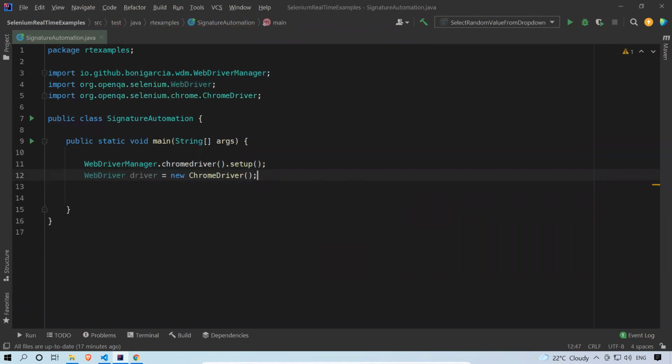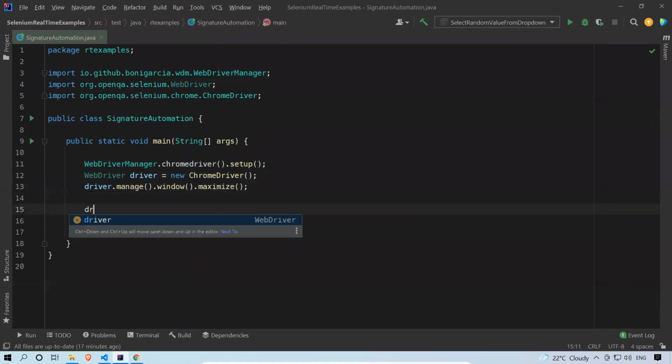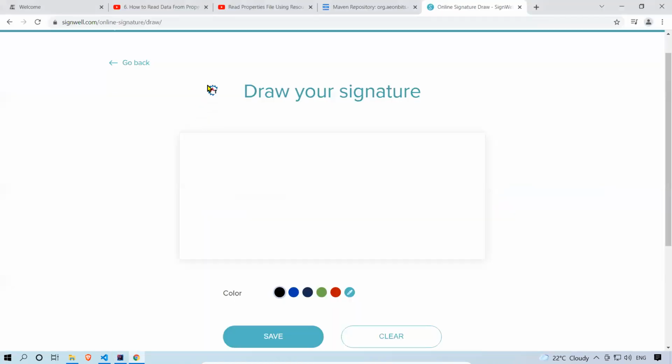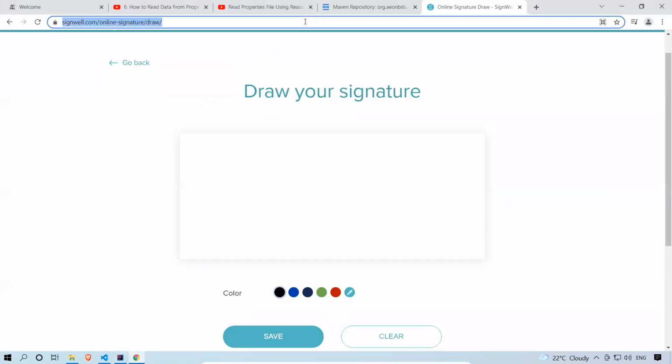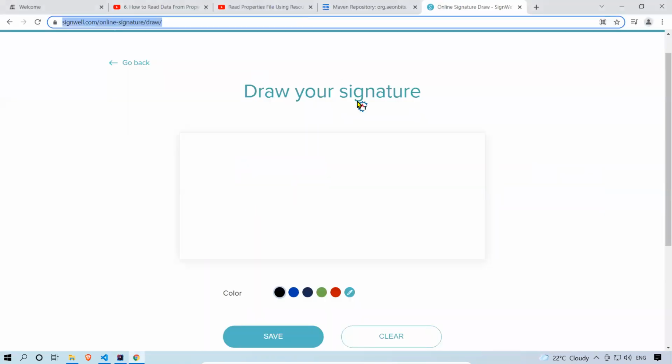These two lines will launch my Chrome browser. driver.manage().window().maximize() will maximize my browser. Then I need to go to that particular URL. This is my URL. Once I go there, I need to find that element first, right? I need to find this element.